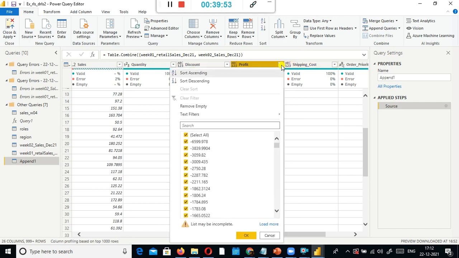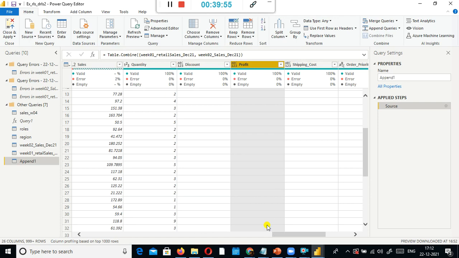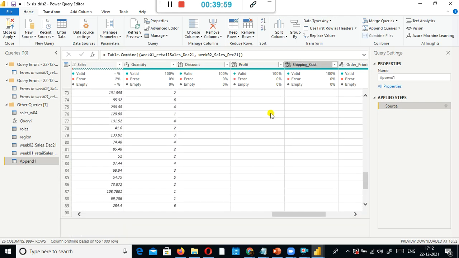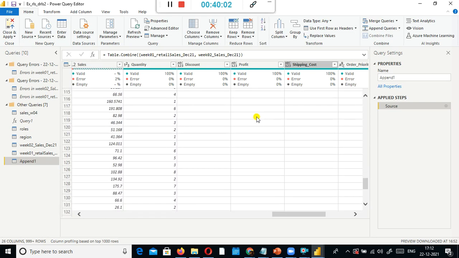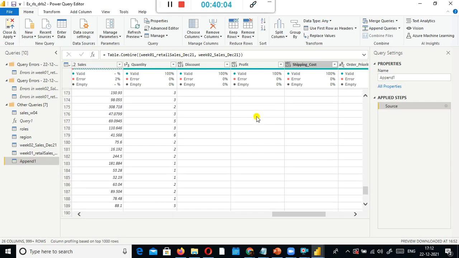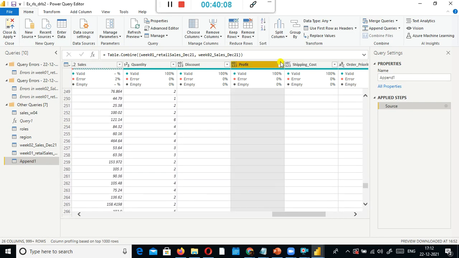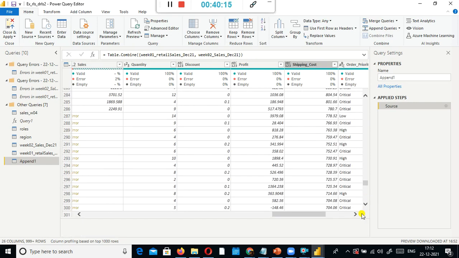And profit also we have the values here, negative values. Okay, it might be there at the bottom. Yeah, so look here, the profit is also there. So I just rename this as